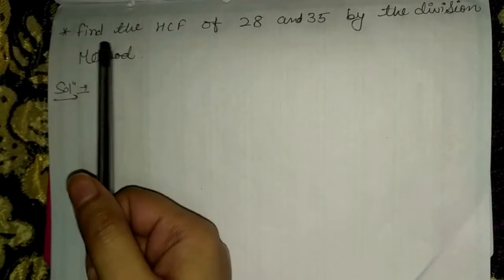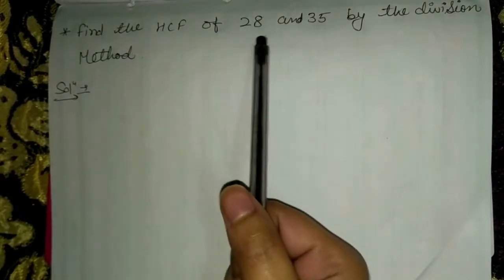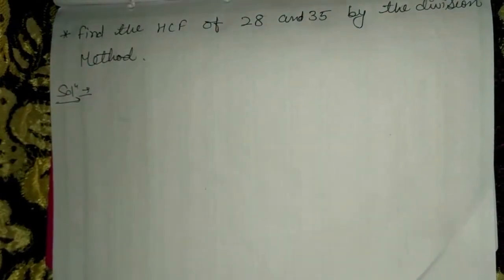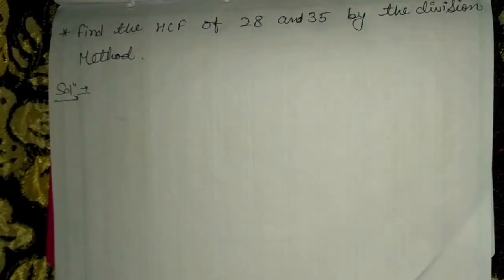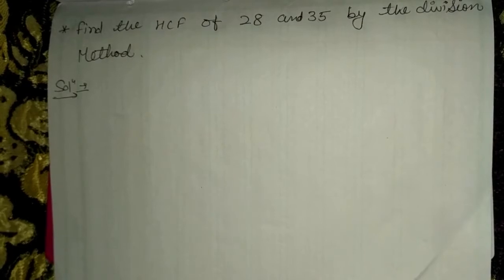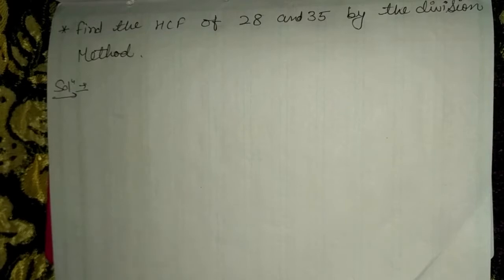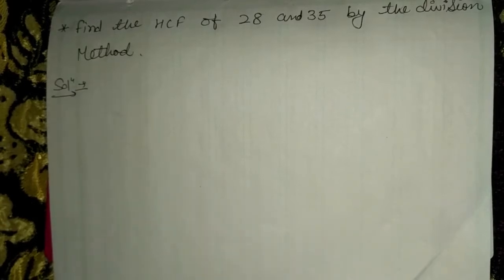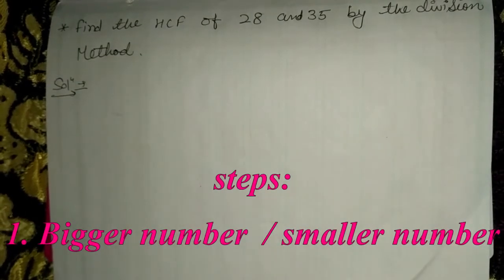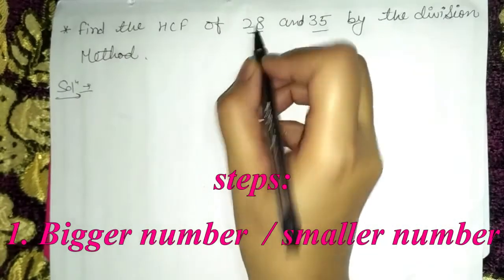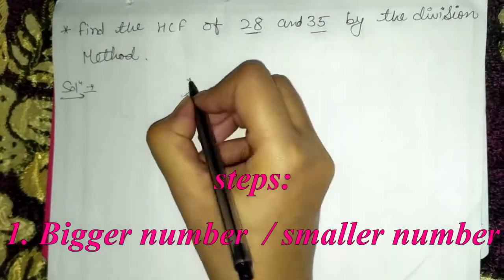So the question is, find the HCF of 28 and 35 by the division method. Okay, so kids, this is very easy. It's my personal favorite also because I find it the easiest method among all. So let's start. The first step is to divide the bigger number by the smaller number. The bigger number is 35 and the smaller is 28. So we will divide